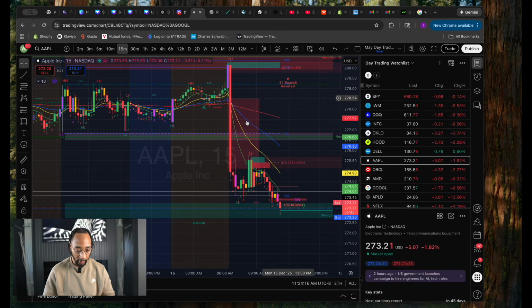Look at NVIDIA. This is just an order block, so they couldn't get above this order block right here. So when you're looking at stocks making a big move to the upside or to the downside and you're looking for a reversal, you need to really ask yourself, where am I in relevance to my key levels? And if we're at a key level, it's more likely to reverse and go to the opposite direction. But if we're in the middle of a range, it's probably not going to reverse. It's either going to chop around and get ready to go down to that next area, the next order block, or it's going to just fake you out to the upside real quick and then come to the downside.